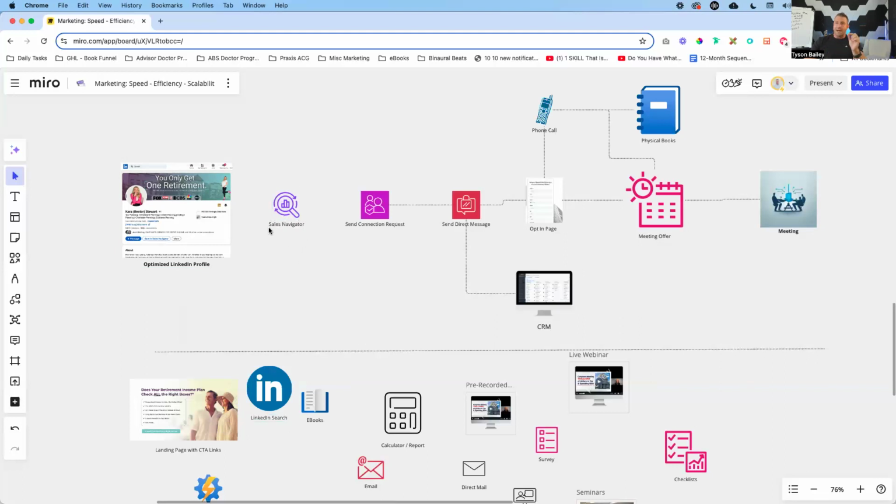Now, what is that number? Nobody knows right now. What LinkedIn did probably about a year ago, starting 2 years ago, was they came in and they set a hard cap of how many connection requests you could send out on a weekly basis. It was a hard cap of 100 connection requests per week. Now, what they did starting about a year ago was, instead of having that be a hard cap of 100 per week, now that is more algorithmically based,